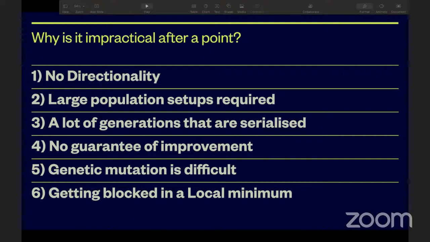And finally, we have large population setups that are required. For example, if you just looked at the compute requirement of setting up a virtual map of New York City and then having at least 1,000 to 10,000 cars running in it simultaneously, that itself is a very big computing feat. And then, as that is done, we still need to perform this task through a lot of generations. And the problem is these generations compulsorily have to come after the previous generation. So these generations come in a serial way. So this is something which cannot be parallelized on a GPU.